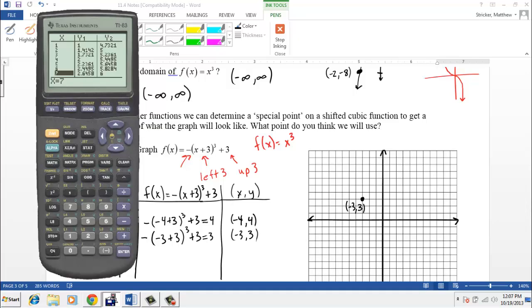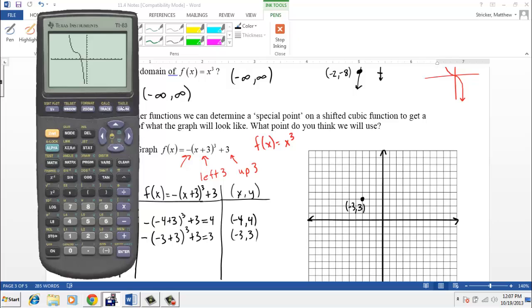So if we turn this back on and we go back to our y equals, let's clear out those square root functions. And let's put our new one in. First of all, we have negative, then we have parentheses, x plus 3, quantity cubed, plus 3. That's how we would go ahead and enter this into our graphing calculators. Then if we press graph,